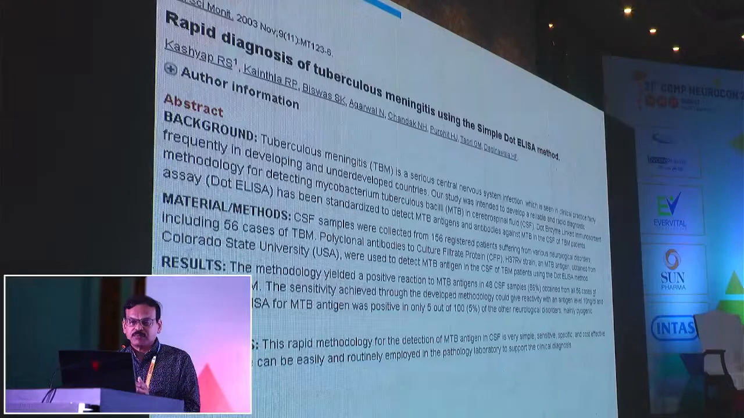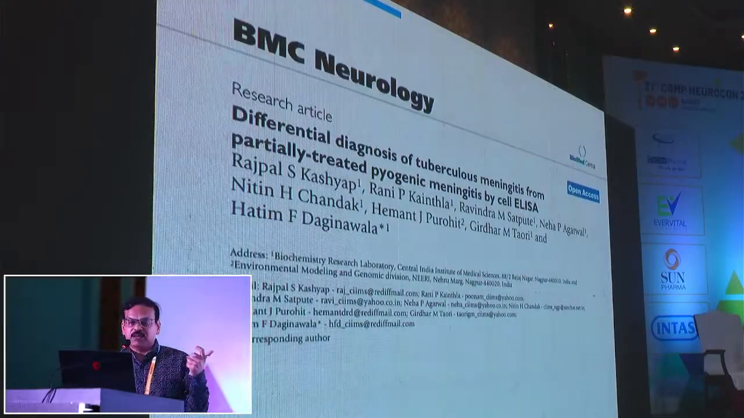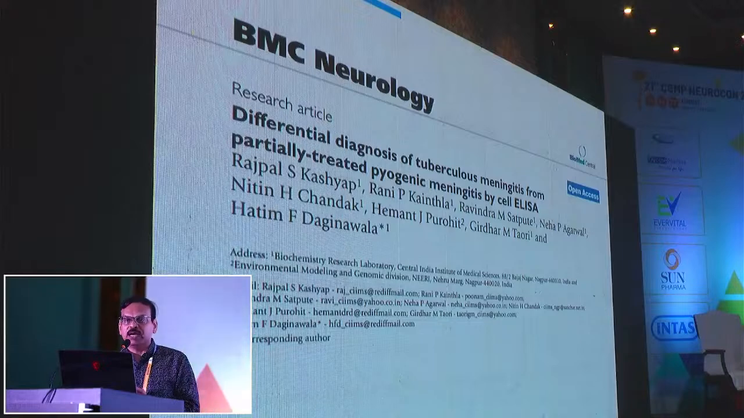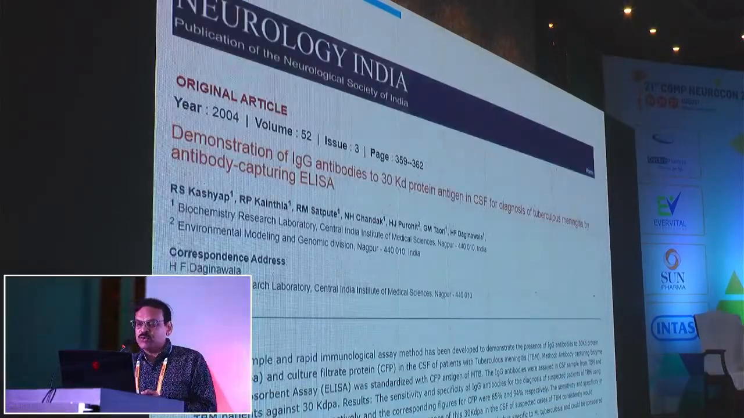86%. Similarly, since we went ahead with one test, our research scientists went on to look at other methods of looking at this tubercular antigen. They looked at it with the cell ELISA test, and then we also looked at